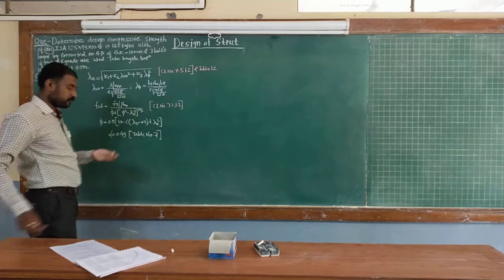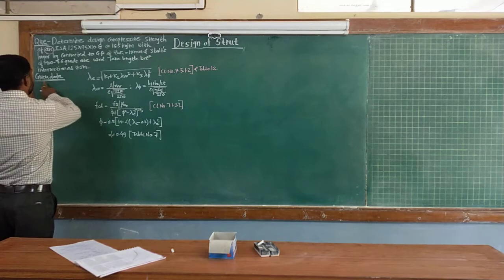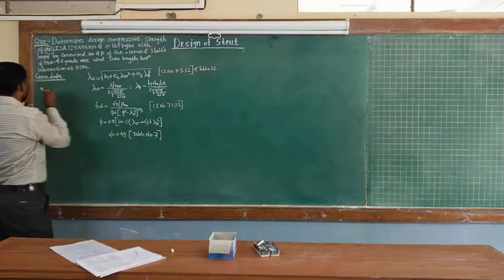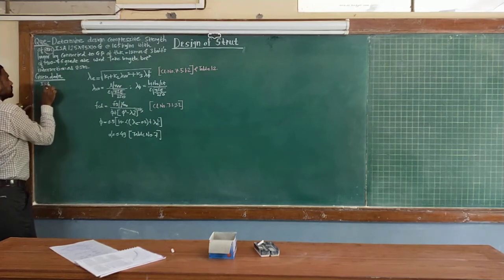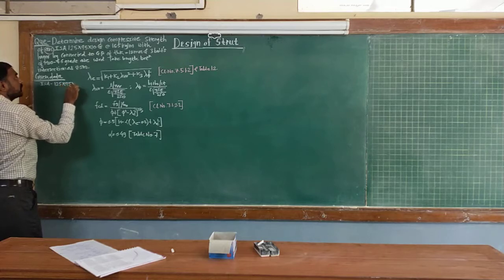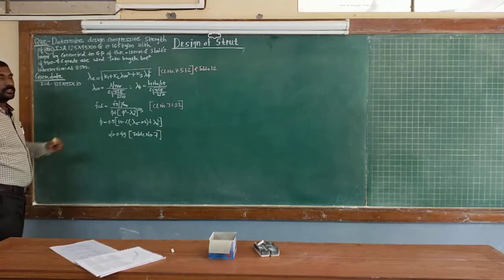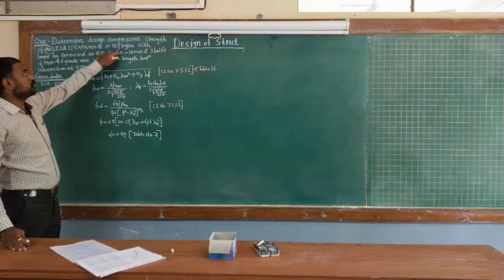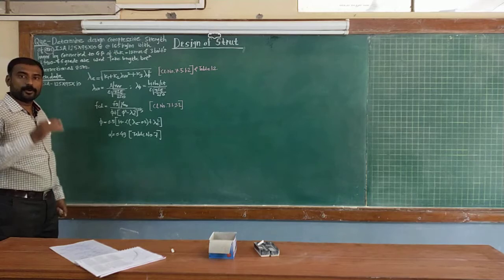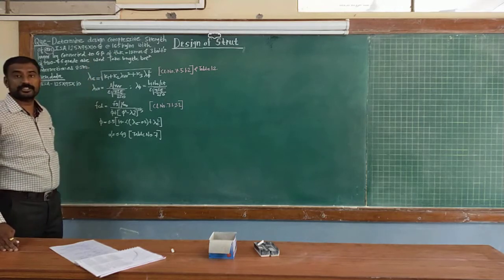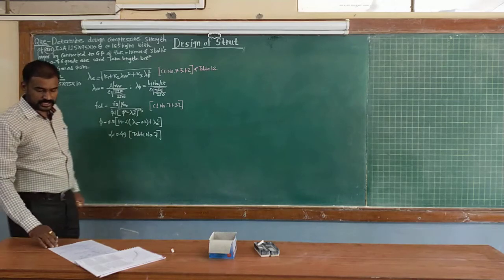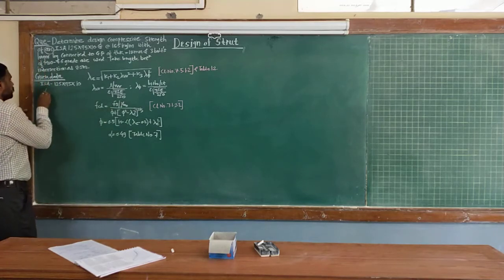So writing down the given data for the numerical, starting with step number 1, the given data. Initially, determine the design compressive strength of an ISA, an Indian Standard angle 125 by 95 by 10. The unit weight is given as 16.5 kg per meter. This value is mentioned in order to copy the properties of this angle section from the steel table. The properties are: area of the section is 2102 mm square.